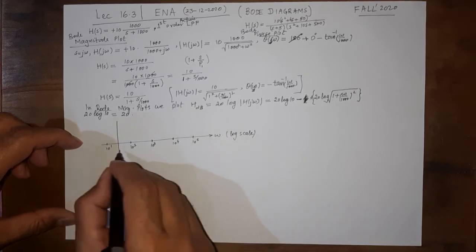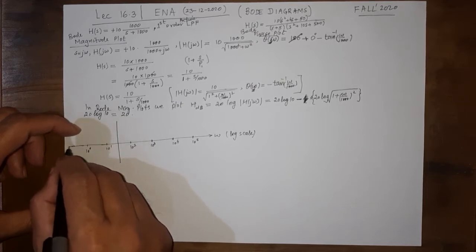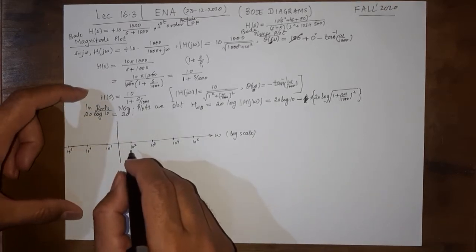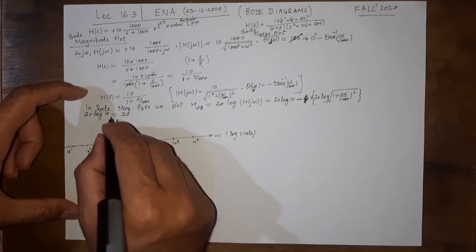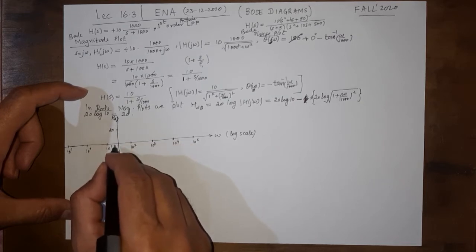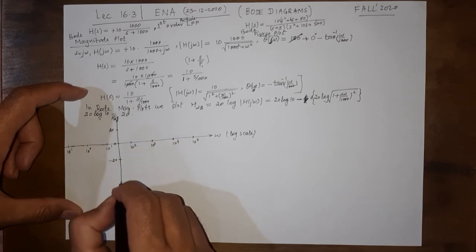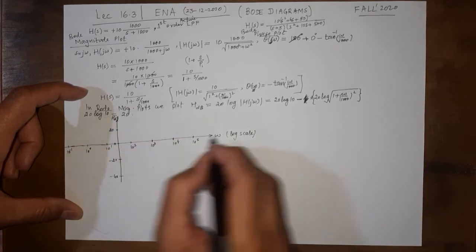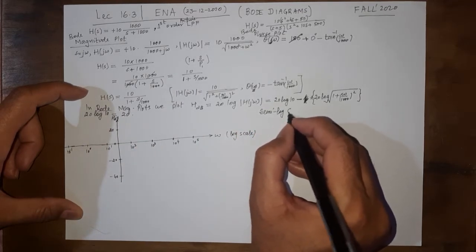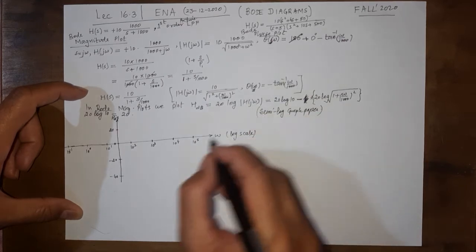So all these are powers of 10. Similarly, 1 decade behind is 10 raised to power 0, which is 1, and then 10 raised to power minus 1, which is 0.1, and so on. So we don't actually approach 0 on this scale, and on this axis we have H dB, with a value of 20 here, 0 here, on a linear scale. This is a linear scale, whereas the x-axis is a logarithmic scale, hence called the semi-log graph paper. If you are drawing this on graph paper, you need a semi-log graph paper.